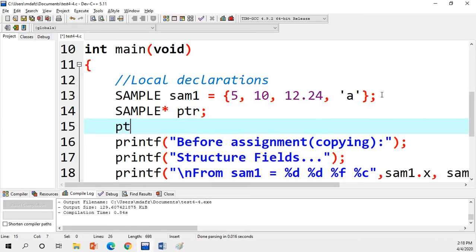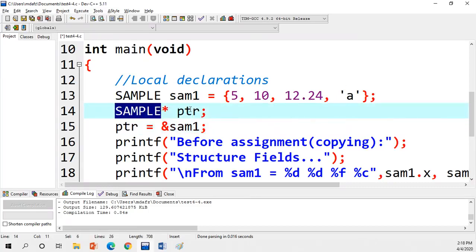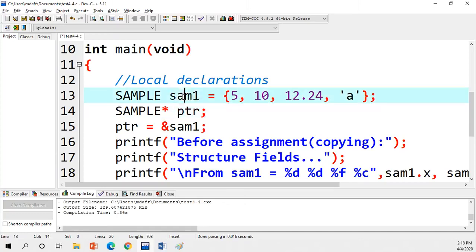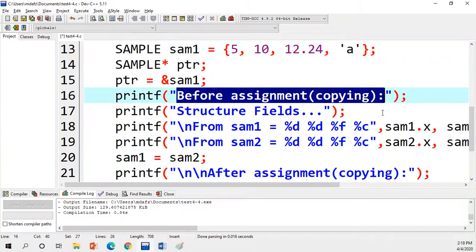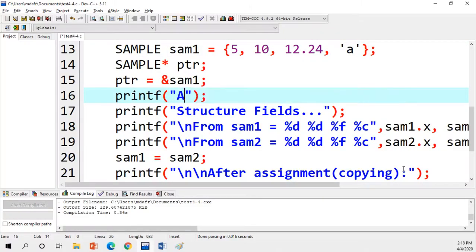Now this ptr will become my pointer. Ptr is a pointer, so inside that ptr, I can store the address of sam1. Clear? I'm storing the address of sam1 inside this ptr. This ptr is of type sample, a pointer variable to that sample structure. This sam1 is a normal variable of this sample. So next thing, printf, access using